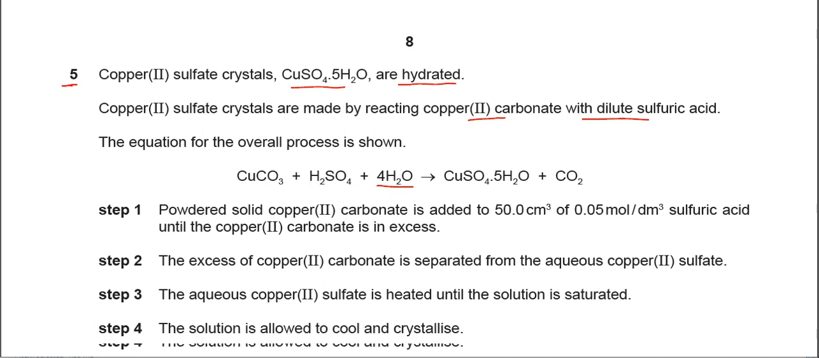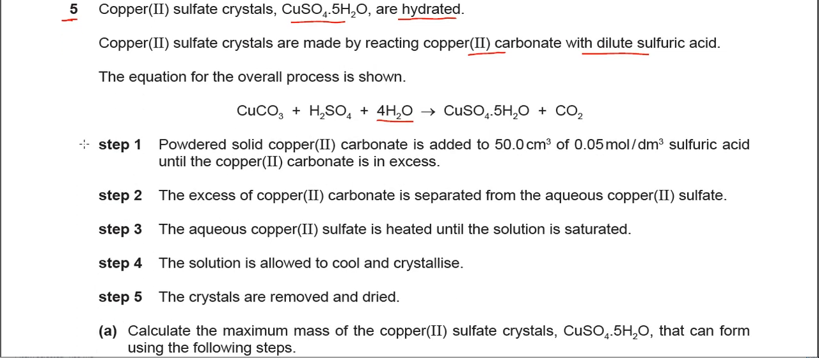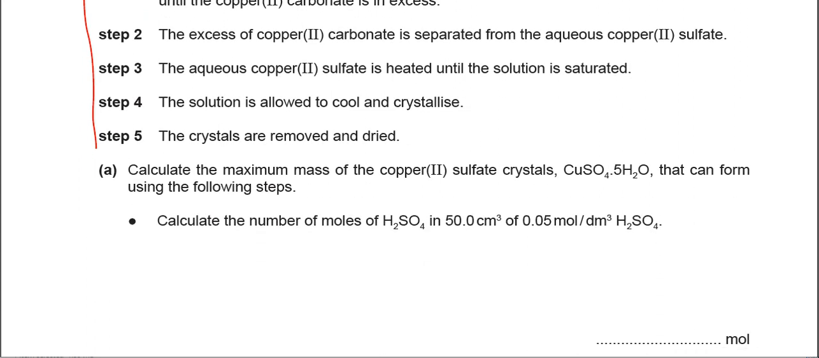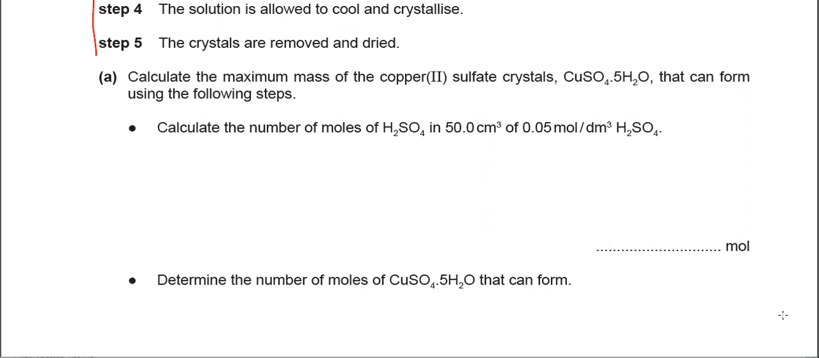Next he gave some of the steps which are used for the crystallization method. If you read all these, they are very simple. Now we have to study and see what type of question the examiner is asking us. The first question is related to the calculation. So calculate the maximum mass of copper(II) sulfate crystals that can form using